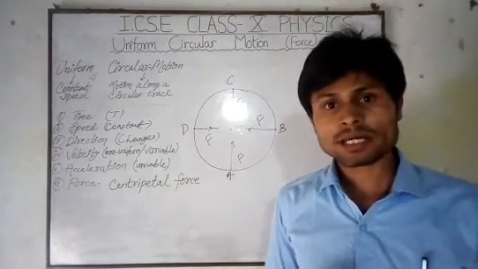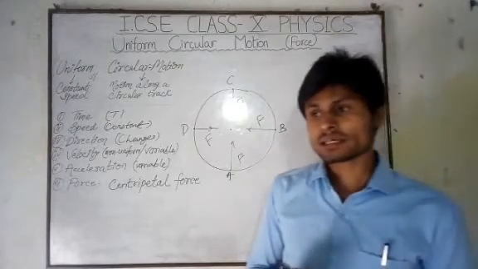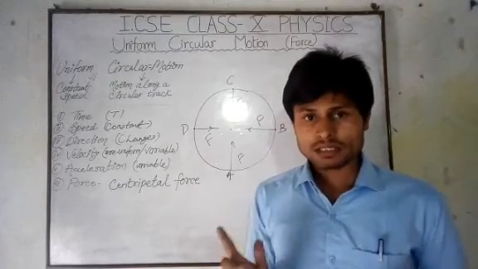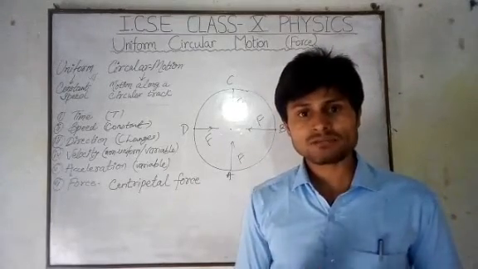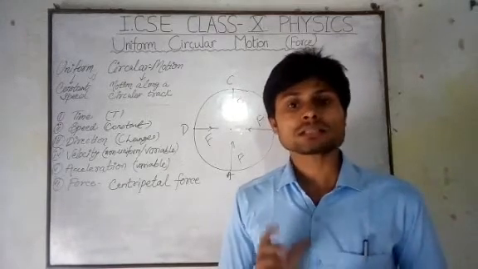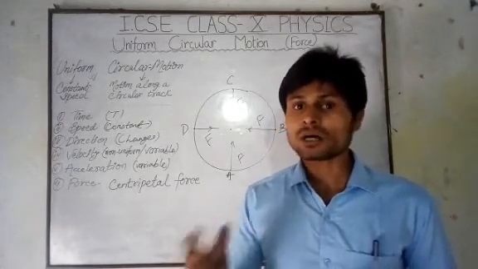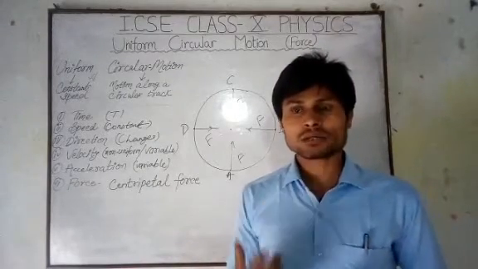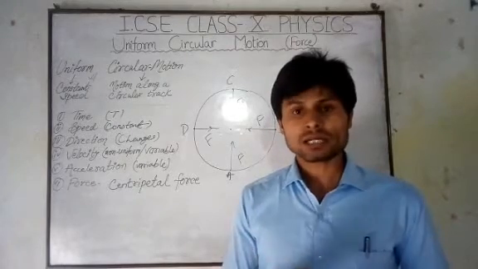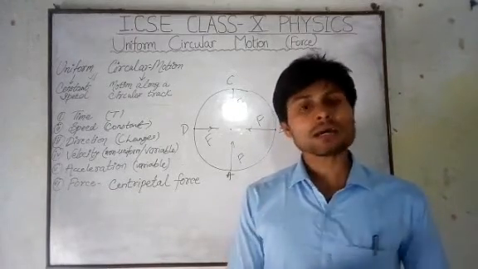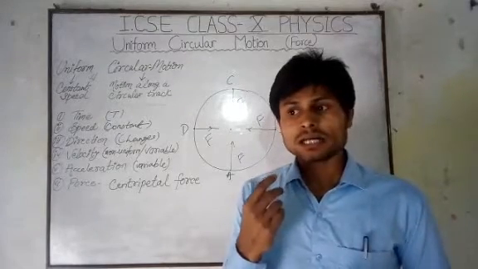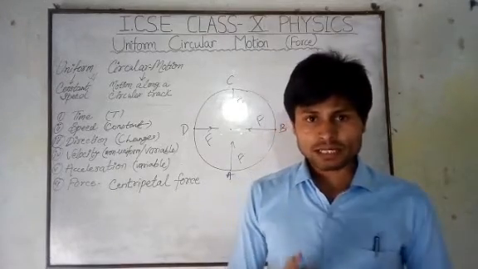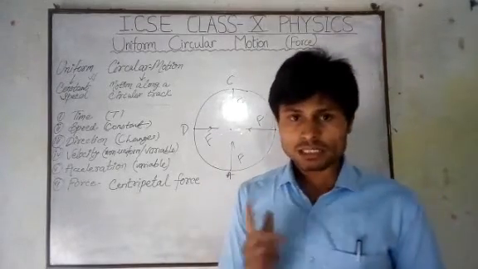Now let us take some examples. In the solar system, the planets revolve around the sun. Here the gravitational force of the sun acts as the centripetal force which maintains all the planets rotating around the sun. If you think about the electron and the nucleus, the electrons revolve around the nucleus, and it is the attractive force of the proton that acts as the centripetal force to maintain the electron revolving around the nucleus.